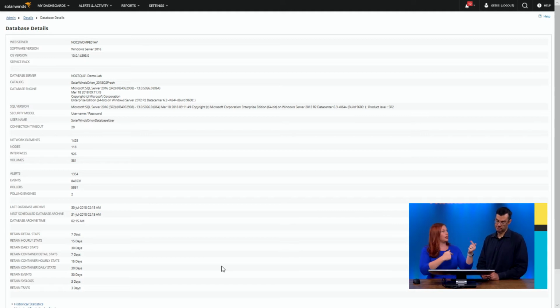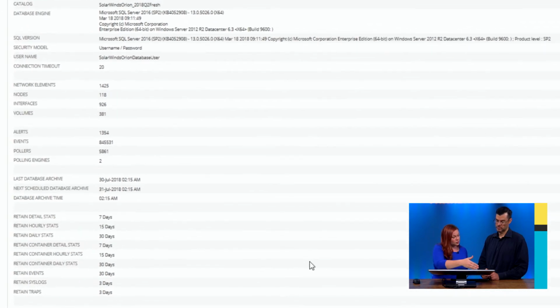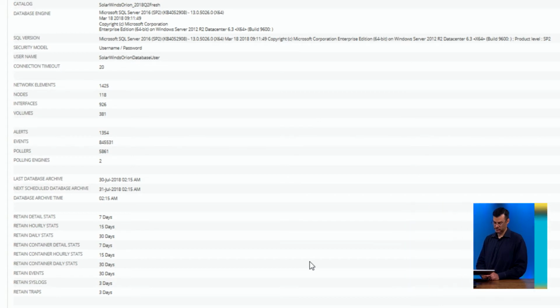That will let you know if there's a scheduling issue, because sometimes you'll see it in its previous days because there may be a scheduling issue on the Windows Task Scheduler itself. Then this is where I really like those retention settings. This shows you specifically 7 days detailed, then it rolls up to 15 days, then 30 for the daily containers. This gives you that retention, so we know about performance and database size.